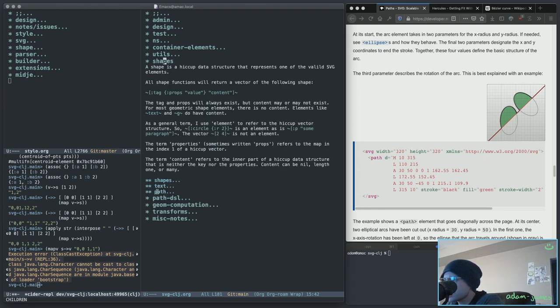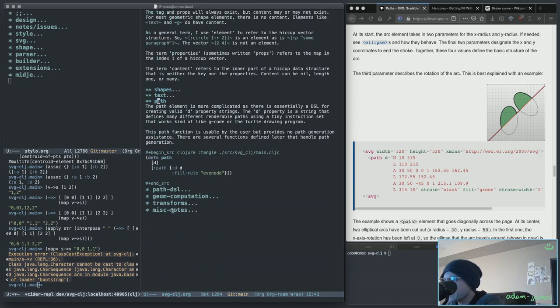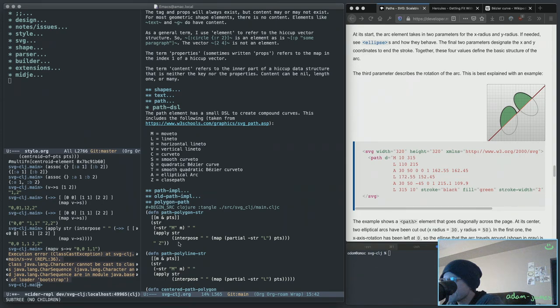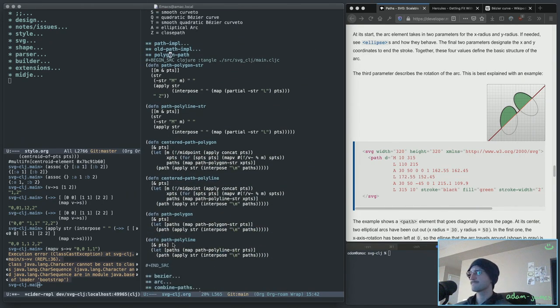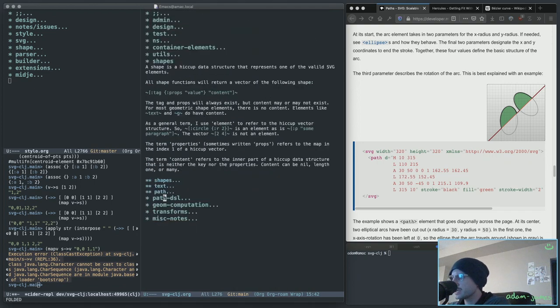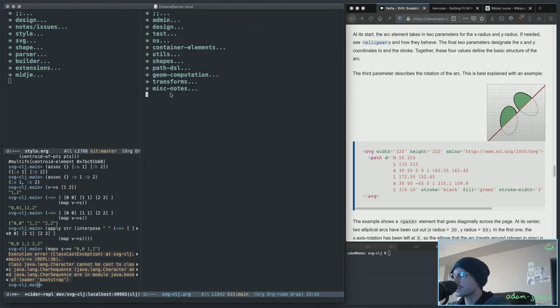Shapes. Well, I have to figure out what I was thinking with that, but before I do that,